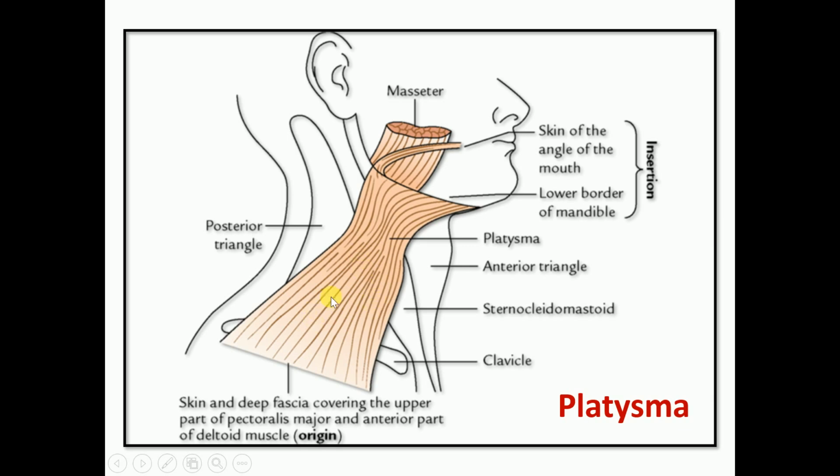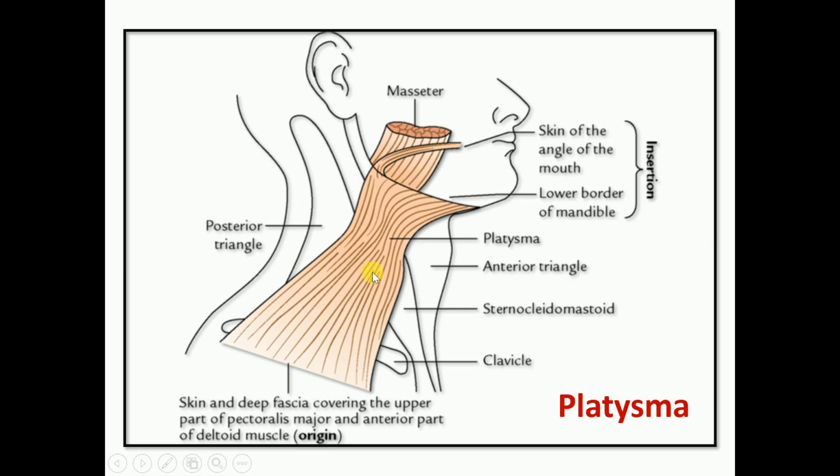Morphologically, the platysma muscle represents the remnant of the panniculus carnosus of animals, and according to development, it is derived from the second branchial arch. So it is supplied by the cervical branch of the seventh cranial nerve, that is the facial nerve, because it is the nerve of the second pharyngeal arch. It also covers the anterior triangle as well as the posterior triangle, particularly the anterior inferior part of the posterior triangle as well as the superior part of the anterior triangle of the neck. They are covered by this platysma muscle.